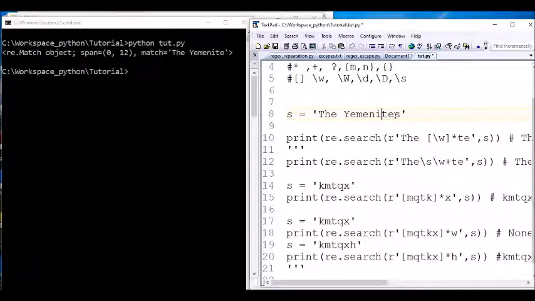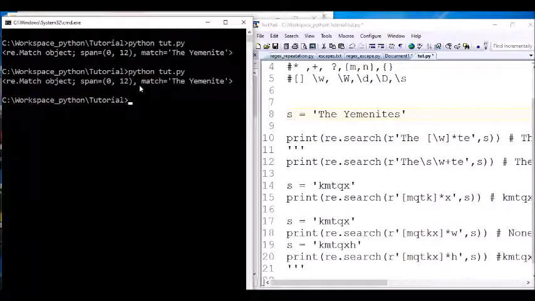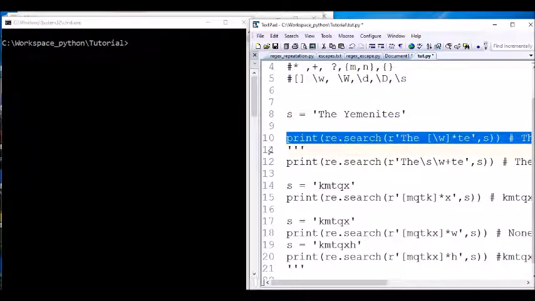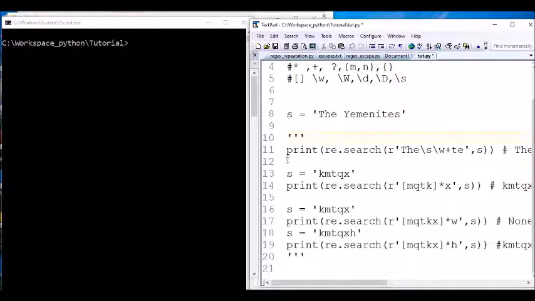So then the end of this will be this one. Yemenite. See. So okay, now delete this one. It's still the same thing here. Delete this one here. Put this one here.